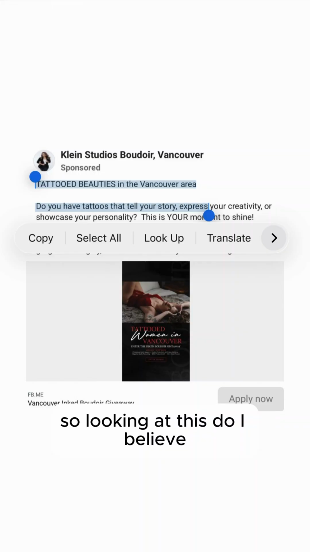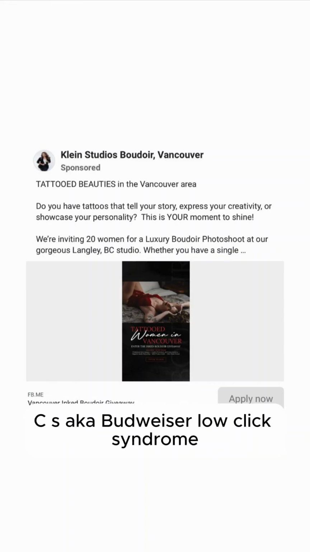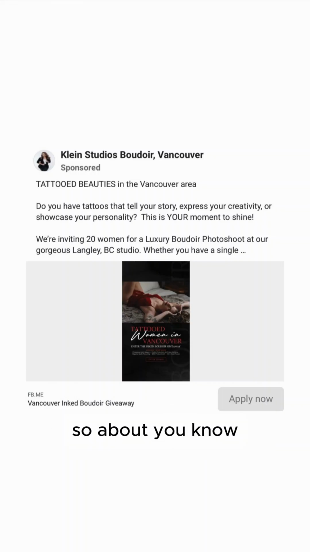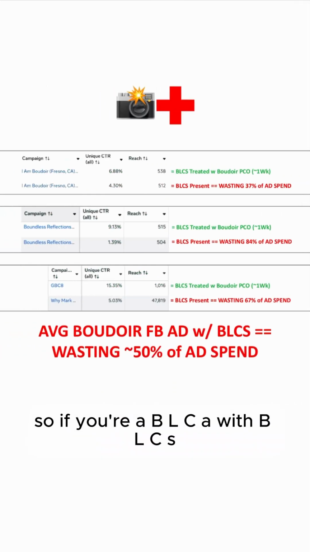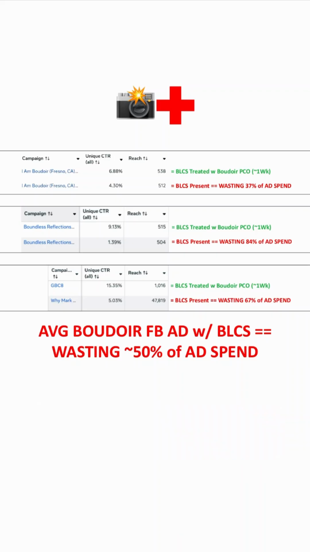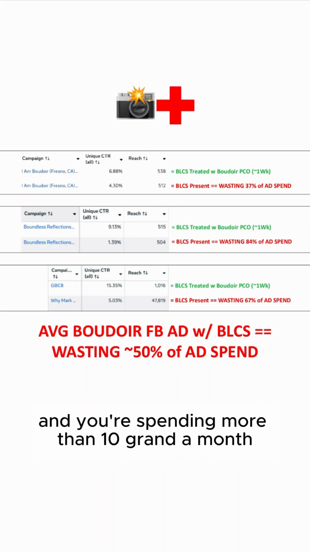So looking at this, do we believe this Boudoir Facebook ad has BLCS, aka Boudoir low click syndrome? Yes, I do. So I believe its unique CTR is under 6%. So approximately half its money is being wasted every single month. So if you're a BLCA with BLCS, a Boudoir low click advertiser with Boudoir low click syndrome, your Boudoir Facebook ads' unique CTR is under 6%, and you're spending more than 10 grand a month on Boudoir Facebook ads,